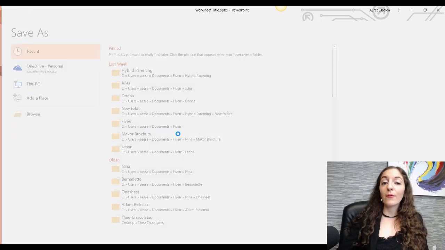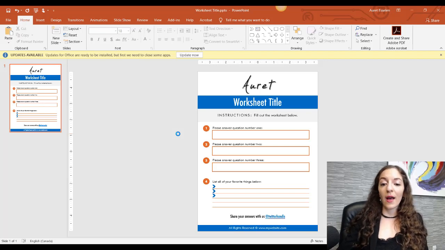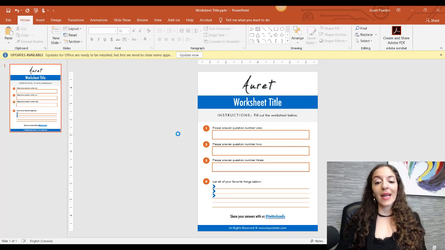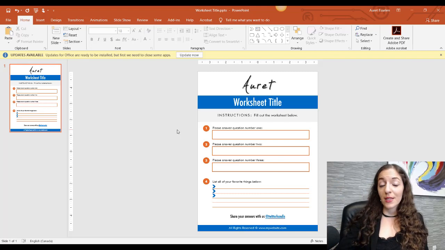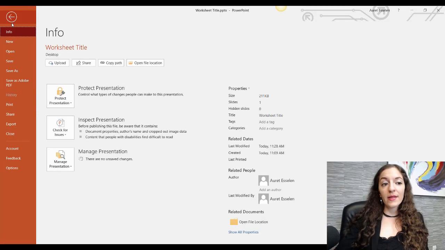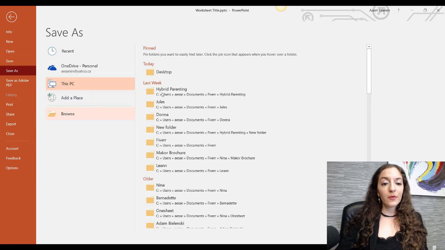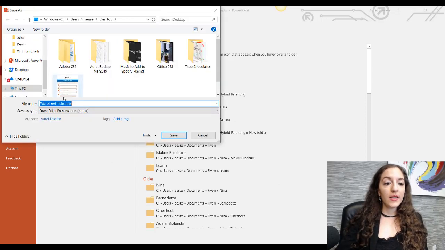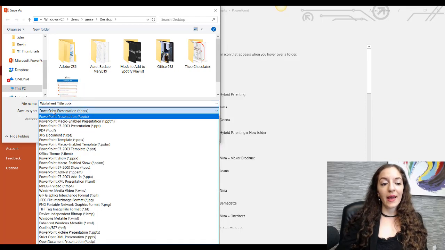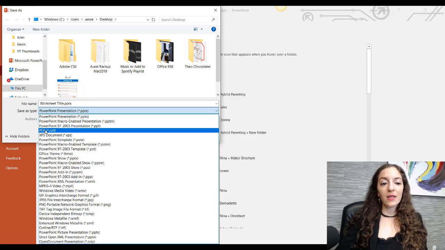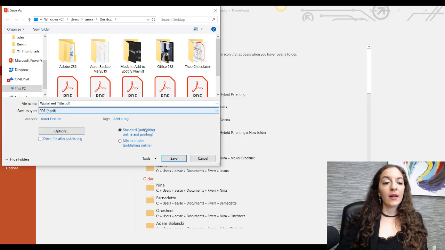So save that first because that is the editable file where you can always open up and come back and re-edit things and change things if needed. And then the second step is to go back to File, click on Save As, go back to the desktop or wherever you saved it, and where it says Save as Type, click on that and select PDF. And when you do that,